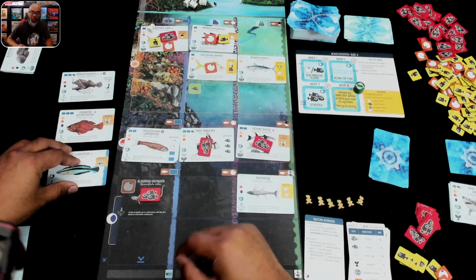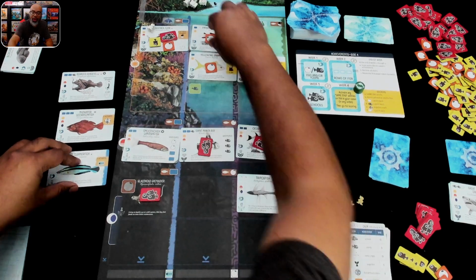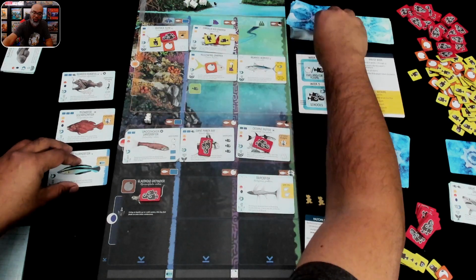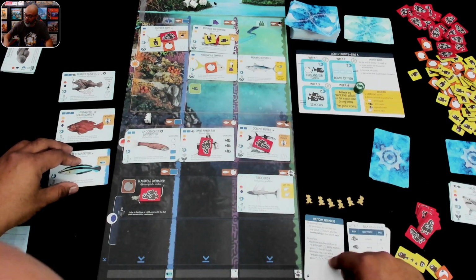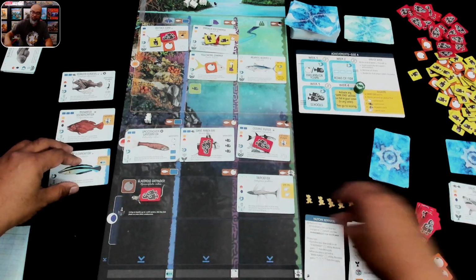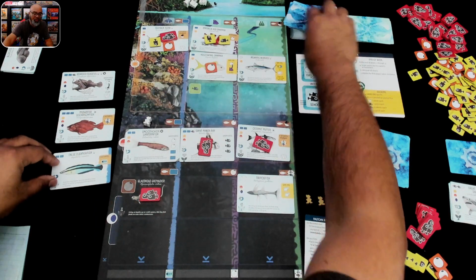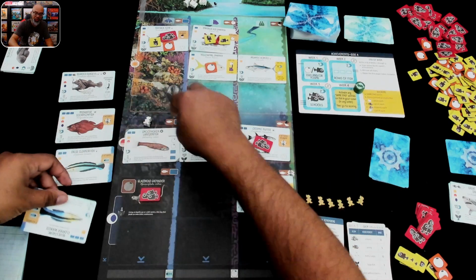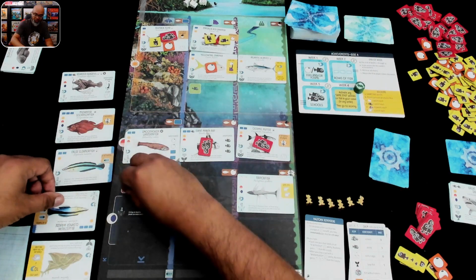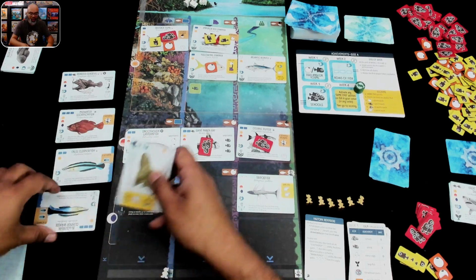If activated, all players may hatch. So I'm going to hatch this one. Oh, and it's all players. So if they get an egg, let's see, so I got to draw for this, and I got to draw for this. And finally, I go down here, and I get